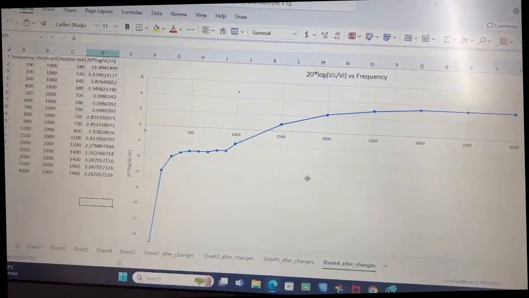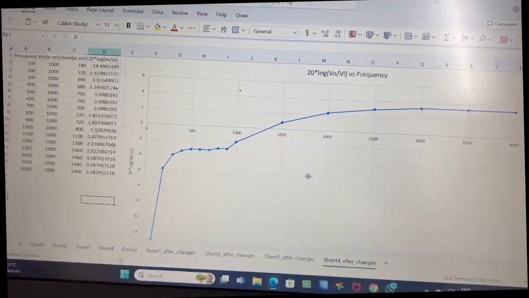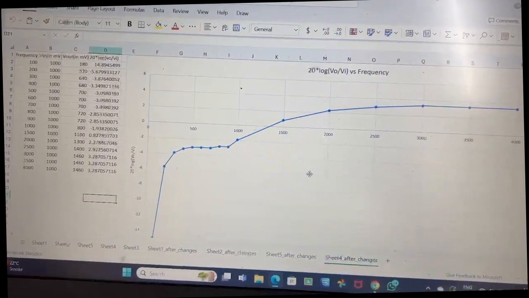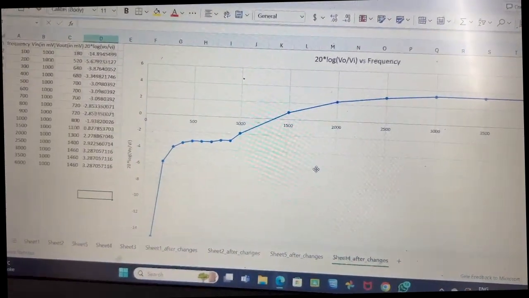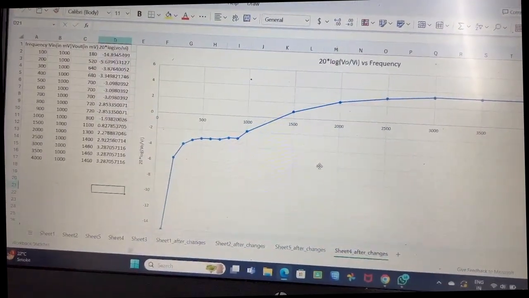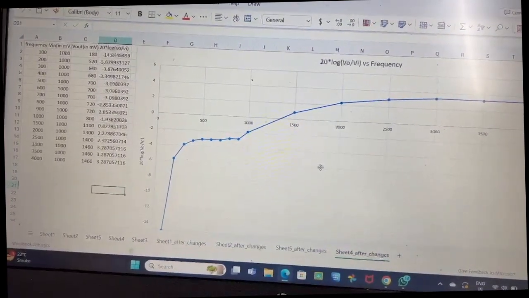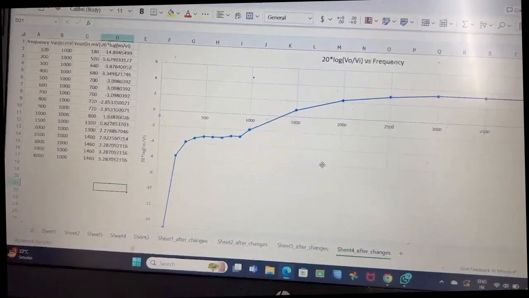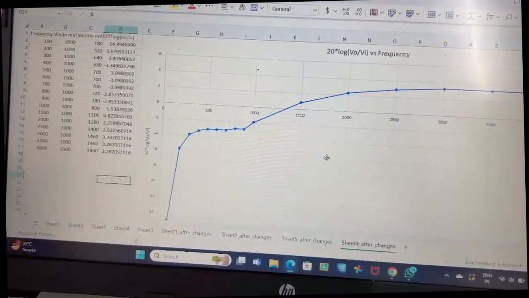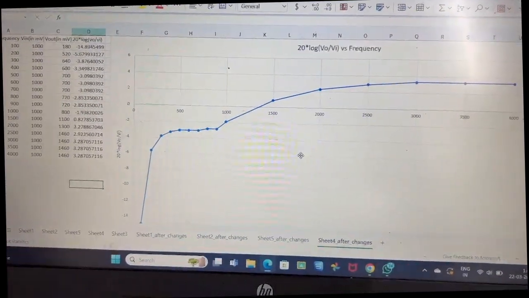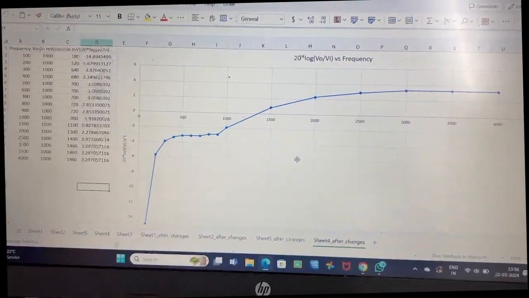Here the V output we have got is increasing, that is from 180 to 1460, and the gain we have got is negative till 1500 frequency, and then we are getting positive from 1500 frequency. Here we can see the increasing posture of the graph,